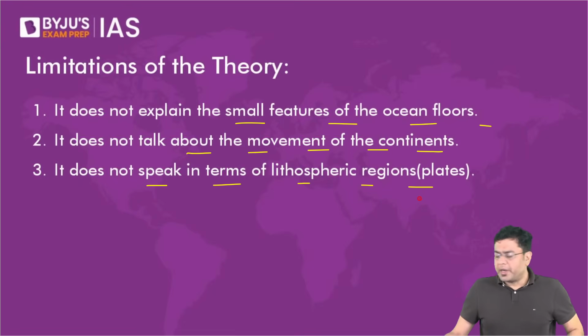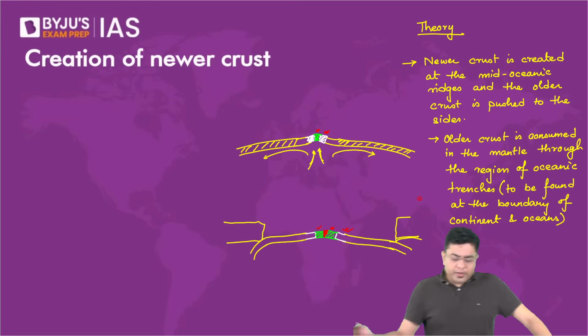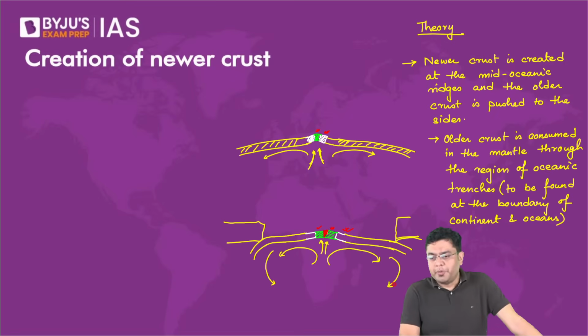So here, how the older crust is consumed. Because you have a kind of a convection current here. So while there will be a volcanic eruption in this portion, this convection current will continue to subsume the older crust from the region of the trenches. Okay. He was able to reach the crust of the ocean. The bottom of the ocean can be studied with the help of various different sonar equipments, etc.